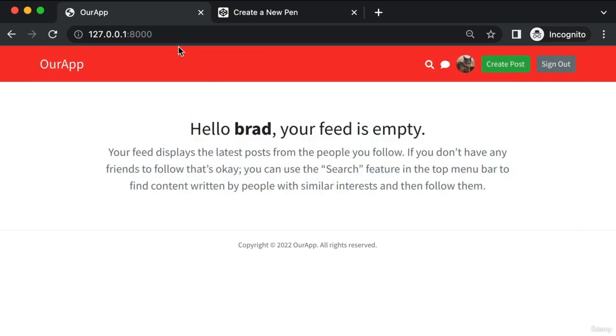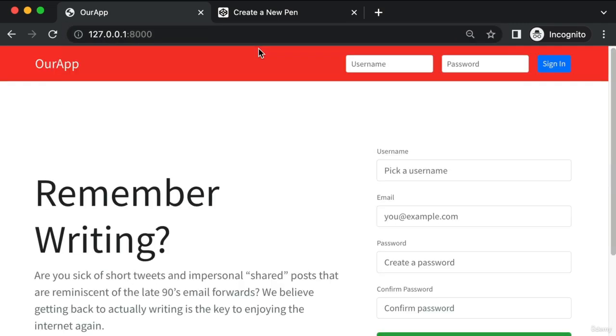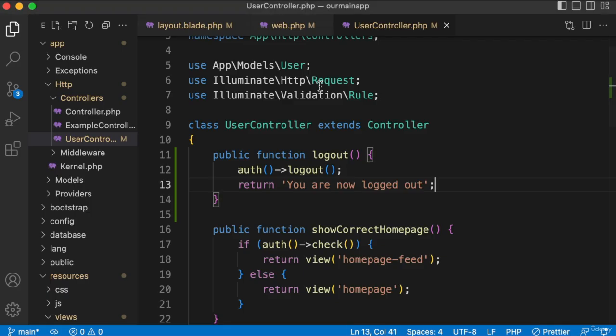Now, that process of having to manually revisit the homepage, that's super awkward. Don't worry. In about a minute or two, we're going to learn about redirects so that as soon as I click sign out, it doesn't take me to this awkward /logout URL. It would just automatically redirect me back to where I was. We'll learn about that in just a minute, but before we get to that, I want to explain